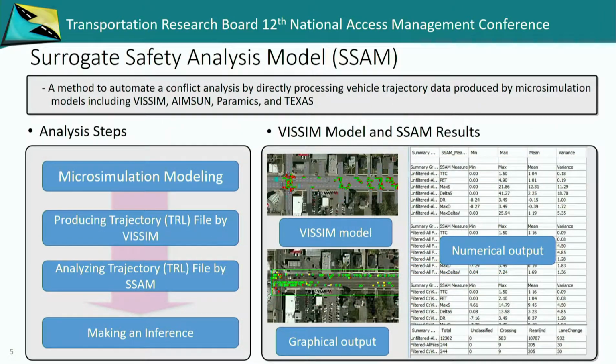So the surrogate safety assessment model, the SSAM model, essentially works within a microsimulation environment. We have the microsimulation model itself that produces a trajectory file. Now these trajectory files are used in a lot of other situations. In addition to this, you also use them in some air quality analysis and other components of that. We analyze the trajectory file with the SSAM model, and from that we get an output of conflicts that occur